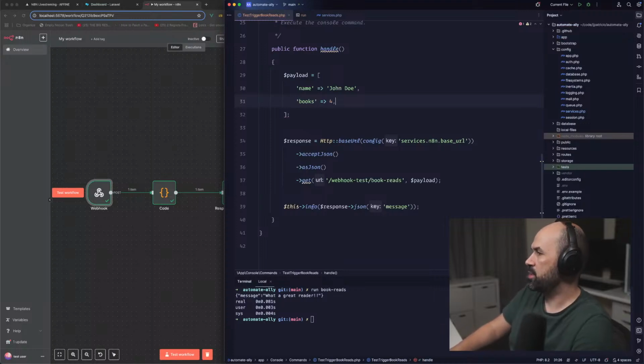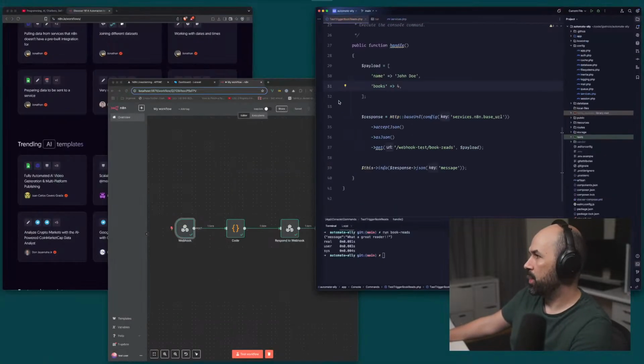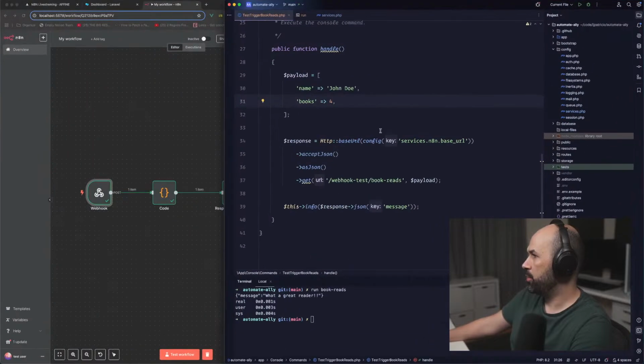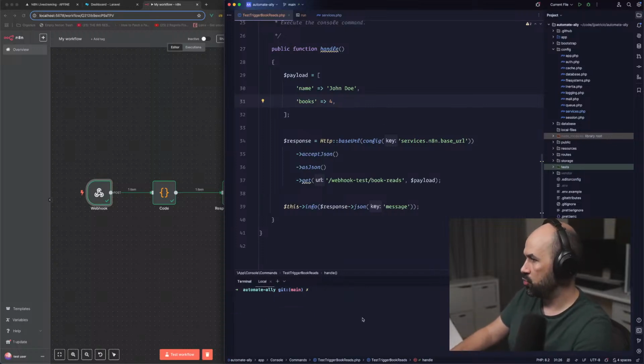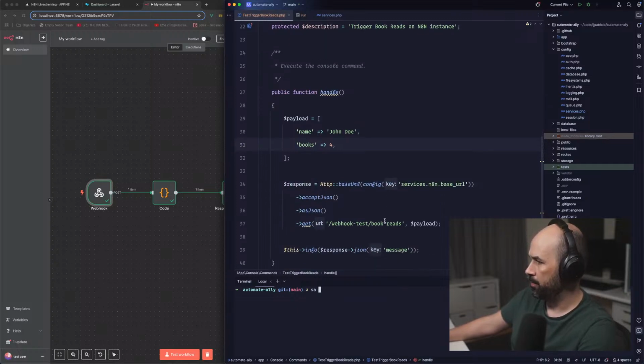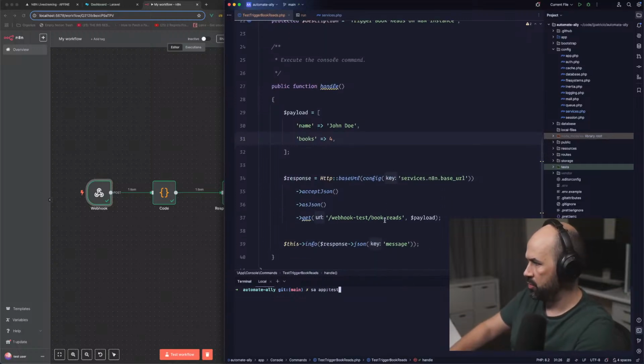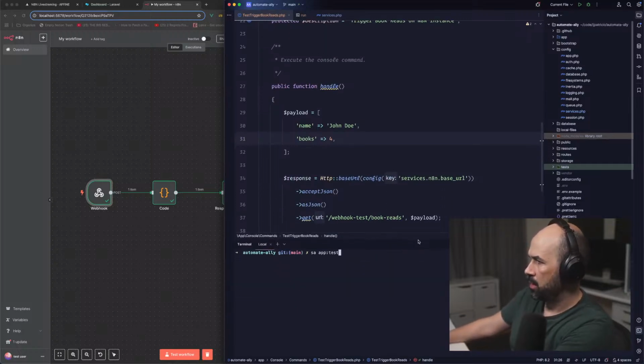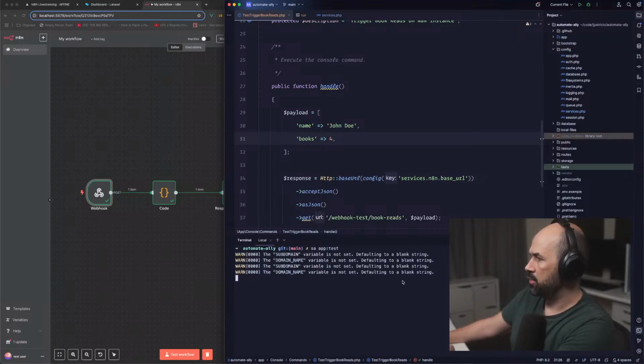So let's go with 4 books, and if we go with 4 books, we'll get the given message, and if not, yeah, that's it. So we can just run sail artisan and app test trigger. App test shouldn't conflict with any other, so it should work.